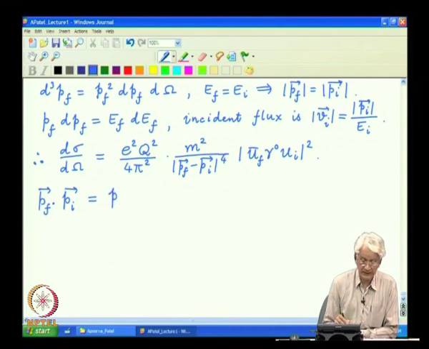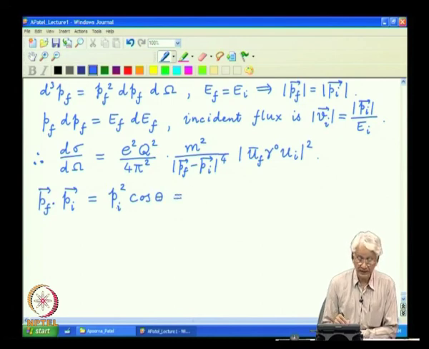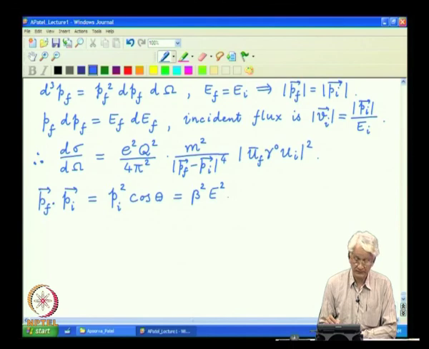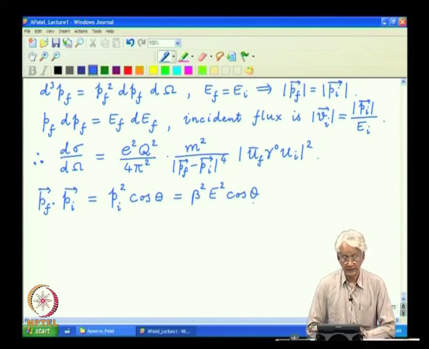So, the two magnitudes are equal, one can write it as either one of them, and then dot product gives cosine theta, and this P can be written as beta times E f is equal to E I, and so one symbol is enough to denote them instead of carrying out both the E f and E I together,